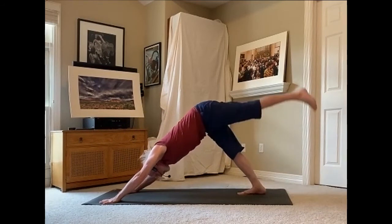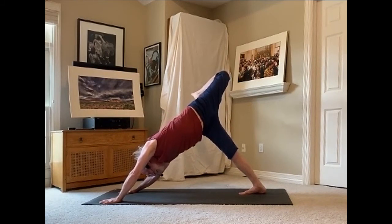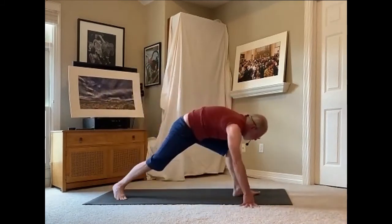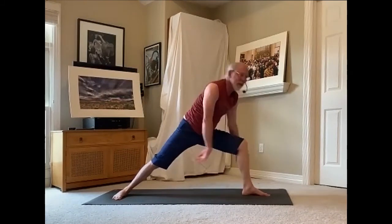On an inhale, left leg rises, three-legged dog, opening the hips to the left, reaching the left knee up nice and high. We're going to hold this for 2 more counts because we did it twice on the other side. So we'll do it the equivalent of twice on the left side now. Now level your hips. Step your left foot forward so the left foot comes between the hands. Spin the right heel to the mat, anchor into the right pinky toe with the left knee bent, rise to